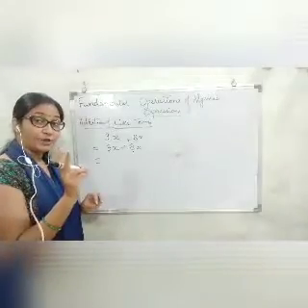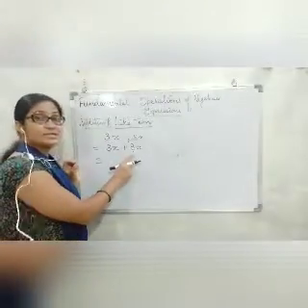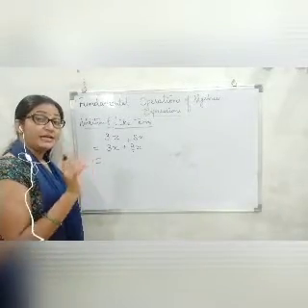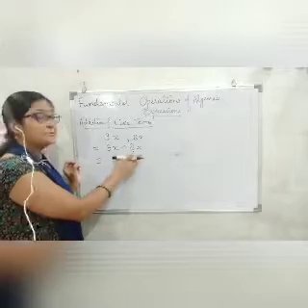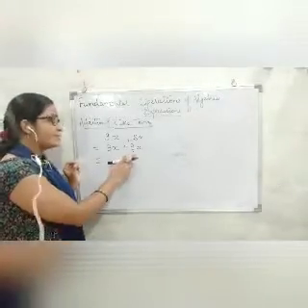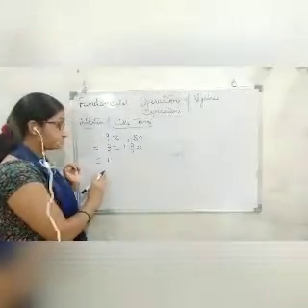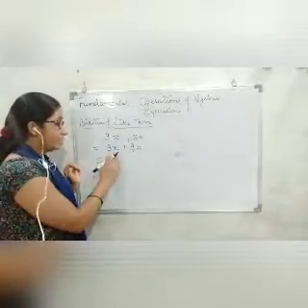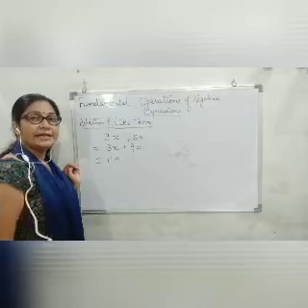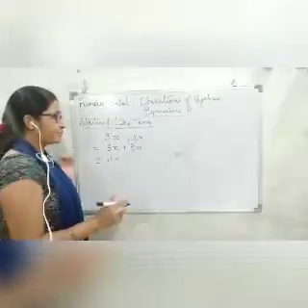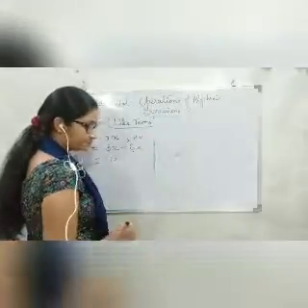Secondly, only the coefficient of the variable is going to be added. We don't have to do anything with the variable. So 3 plus 8 gives how much? 11. So here 11 we will write, and then what is the variable? x. So this gives you 11x. It's that simple.